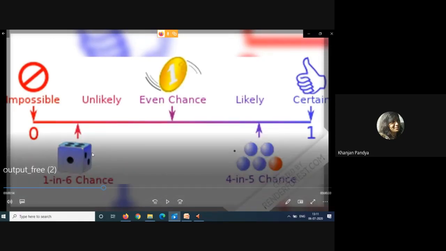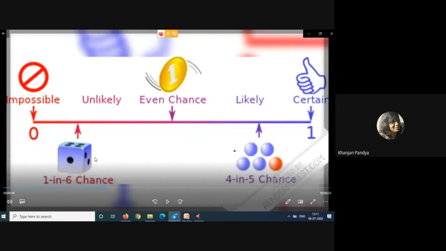Right. If I'm having a die, and I'm counting the probability of occurring 1 out of 6 chances, that will be 1 by 6. Or if I'm counting the probability of happening 2 in all the 6 chances, then it will be 1 by 6. So it is nearly 0, and not 1 half, 1 by 6. So it is an unlikely event. So we are not able to predict a very large outcome ourselves.